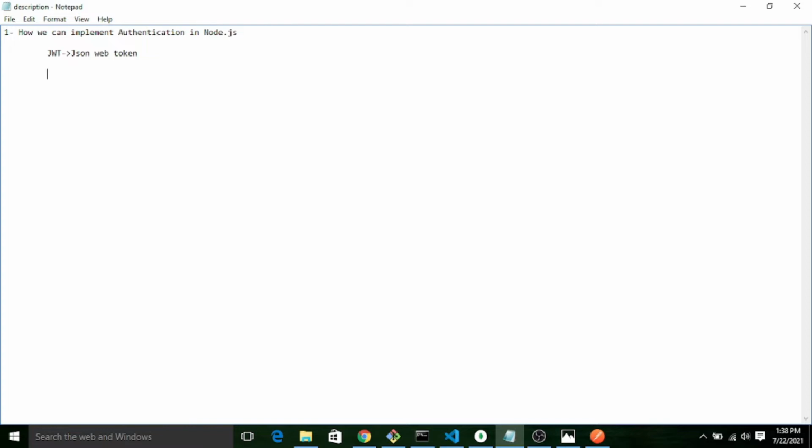It usually generates one token in the format of xx.yy.zz. Once the token is generated, it has three parts and all are separated by the dot symbol. The first one is the header section, second is the payload, third one is the signature.